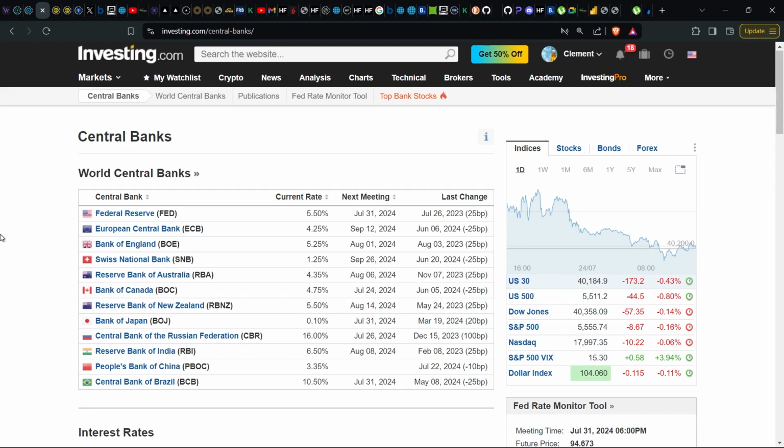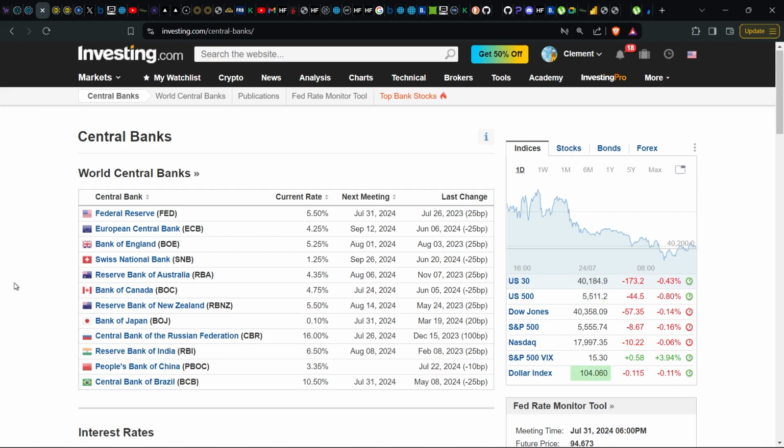Anyway, various economies have different interest rates depending on their level of inflation and their level of unemployment, because that's usually the main job of interest rates, to either tame inflation or to stimulate employment. So various economies have different interest rates, and what interest rates do is they affect the demand for a